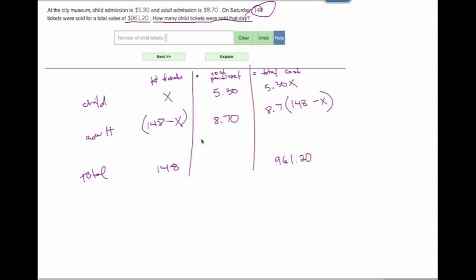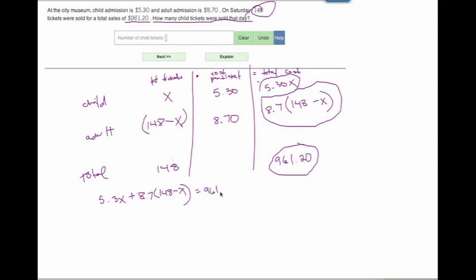Now, if we look at our columns here, one of our equations will always come out of one of the columns. In this case, you can see that we have a great equation here. If we add the total cost of the child tickets to the total cost of the adult tickets, it will equal the total cost. So our equation comes right from that column: 5.3x plus 8.7 times 148 minus x